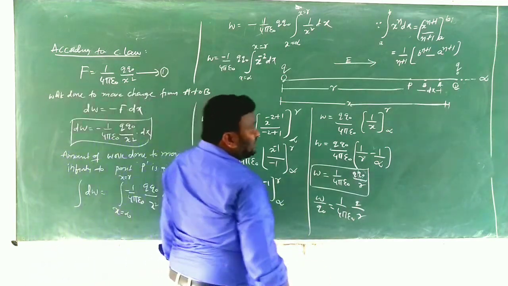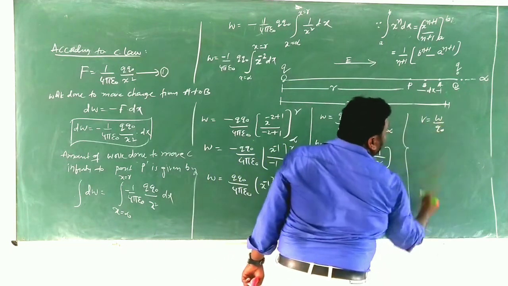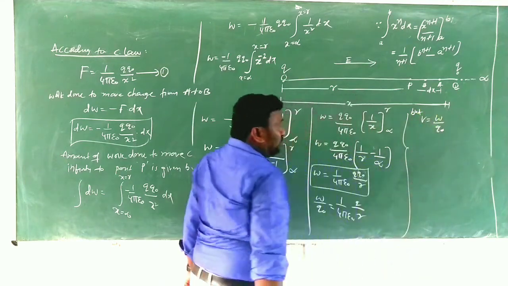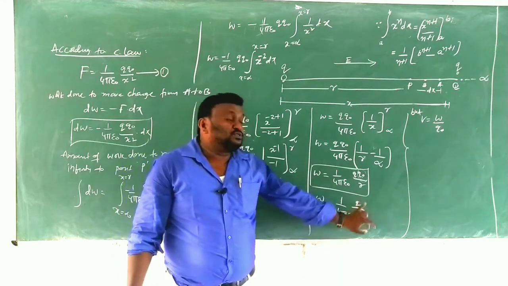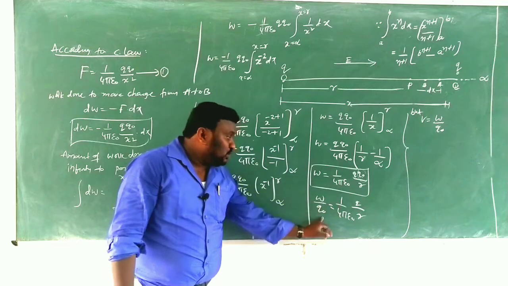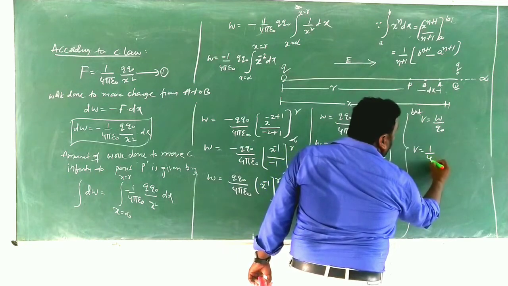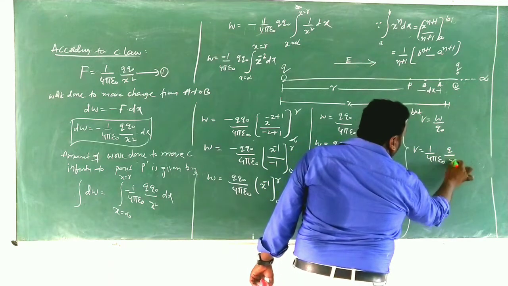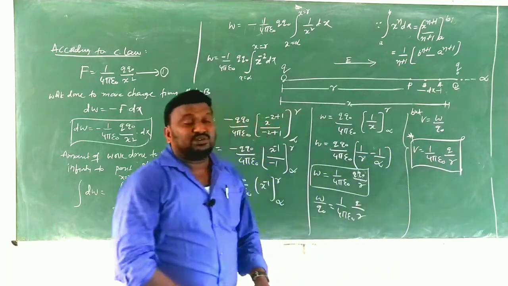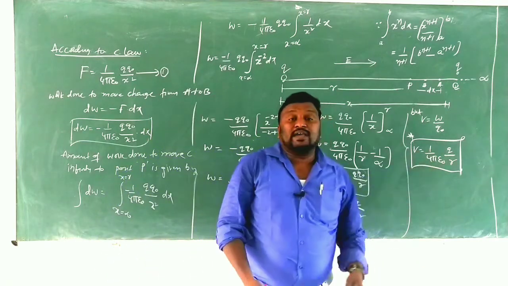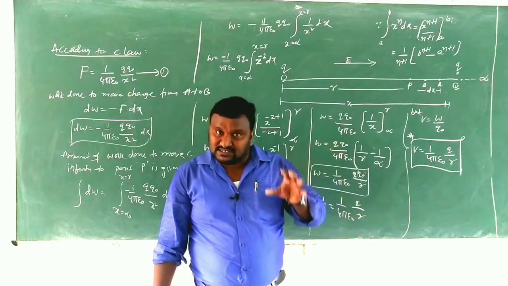So already we know the potential V, how can we write it? V is equal to W by q naught. W by q naught means potential. V is equal to 1 by 4 pi epsilon naught q by r. In that, W by q naught value is V. That's why here I am writing V is equal to 1 by 4 pi epsilon naught q by r. This is the equation for potential. That is the expression for electric potential due to a point charge.